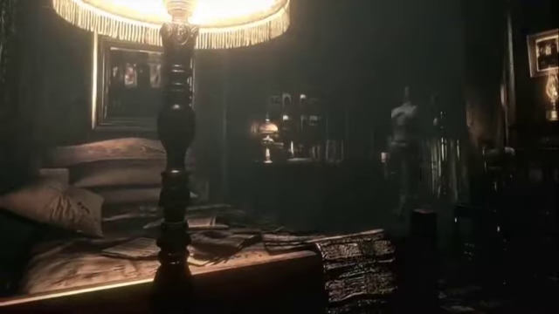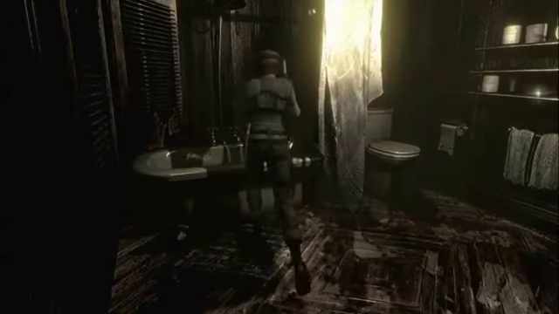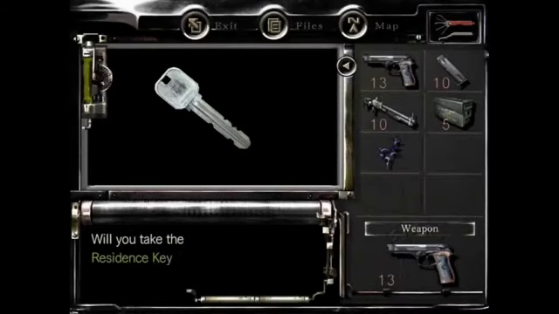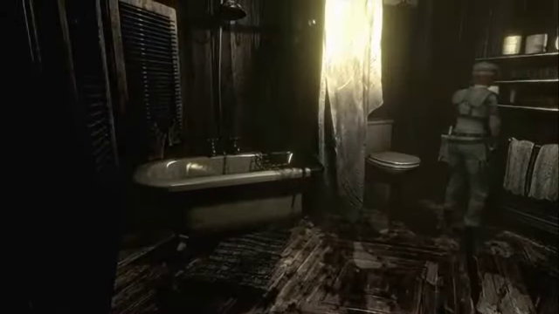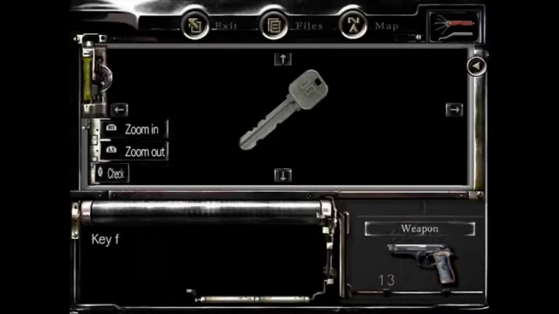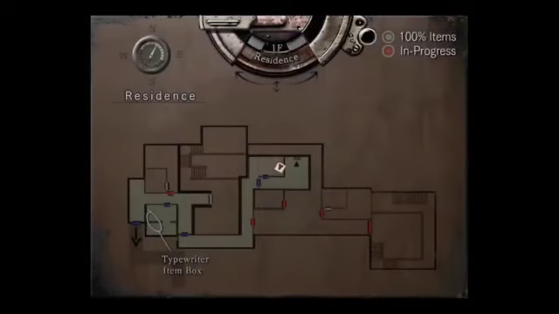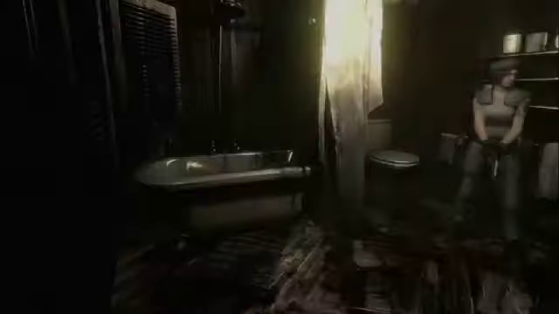So this room has now been checked. Gonna want to go into this room here. We will take the residence key. Examine for 001. As you probably heard, the door had opened, so that door leading into this room, not this room that we're in, but leading into the study room, has just been opened. So we're going to want to...